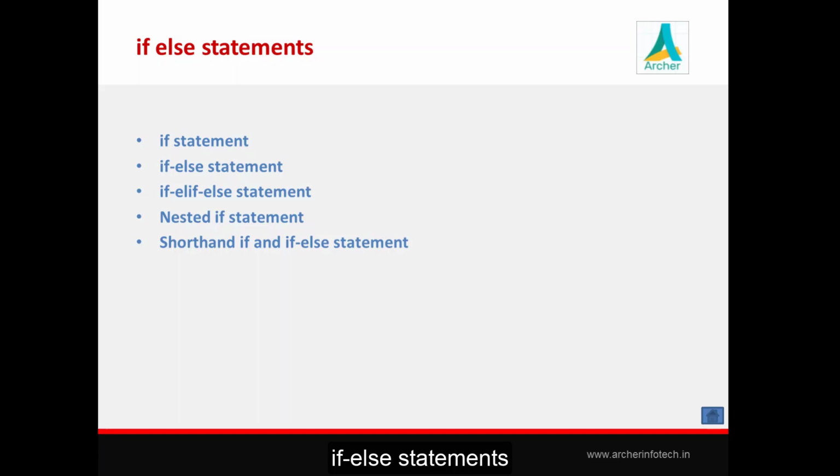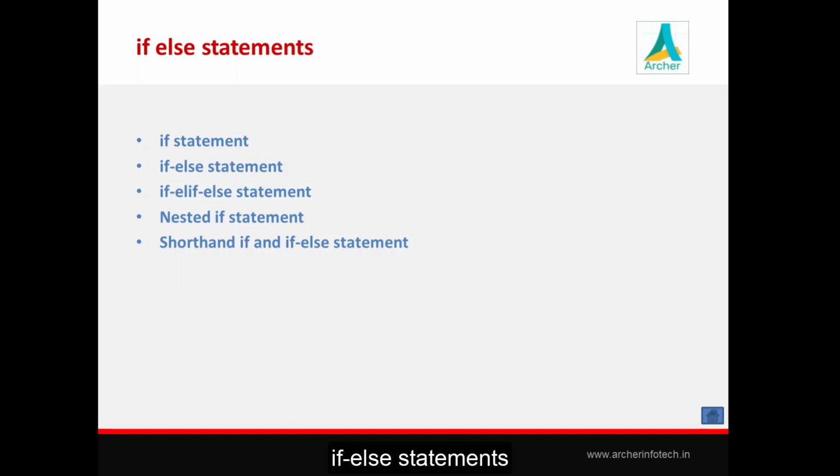This kind of situation is dealt with by decision control instructions, and if is such a kind of decision control statement.